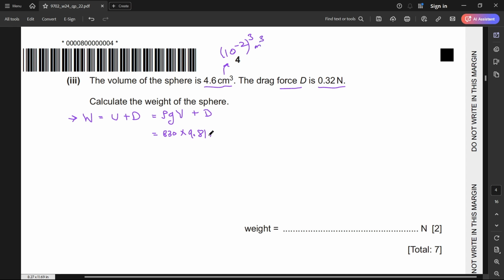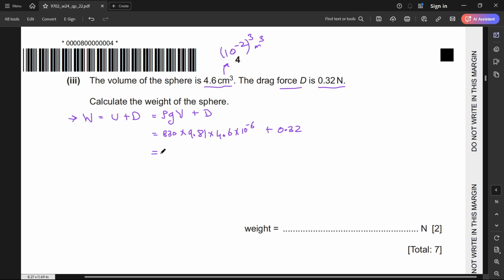And therefore I'll need to multiply this with the volume of 4.6 times 10 to the power of negative 6. So that is my upthrust force plus the drag force, which is given to me in the question, 0.32 newtons. And then if I use my calculator to get the answer, 830 times 9.81 times 4.6 times 10 to the power of negative 6,